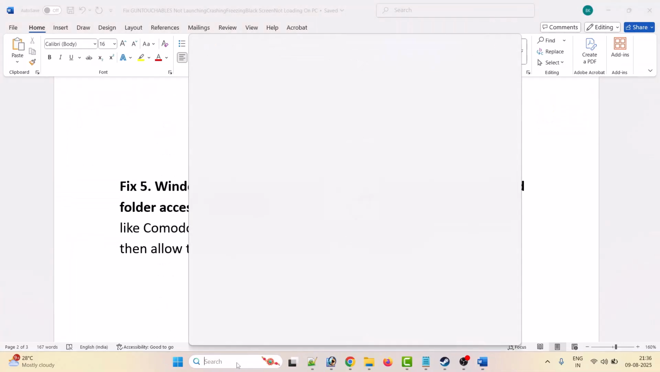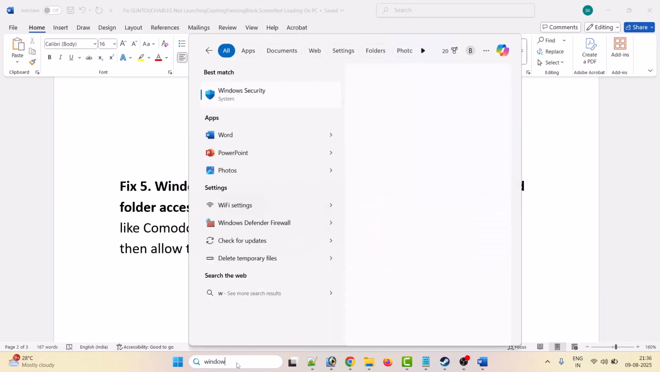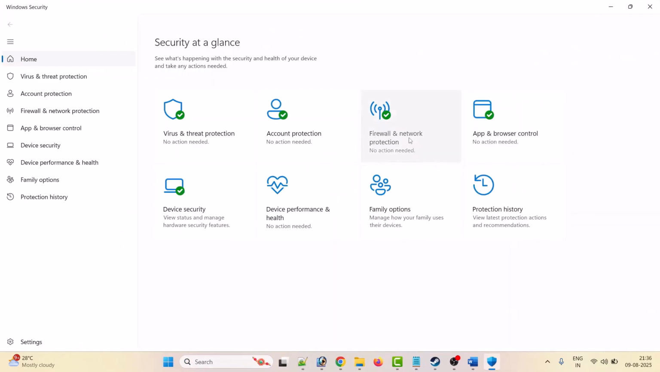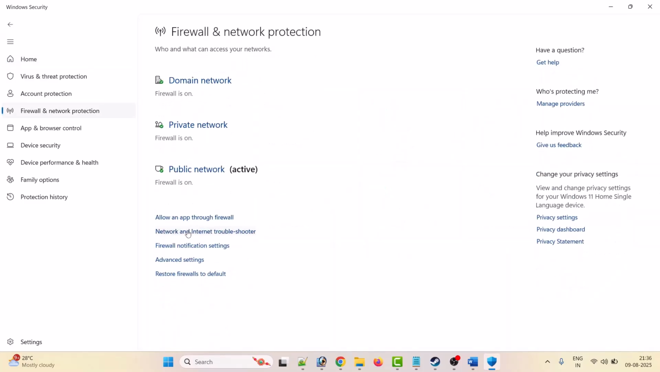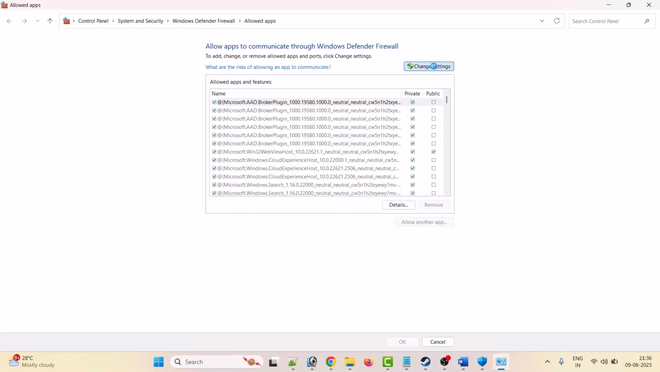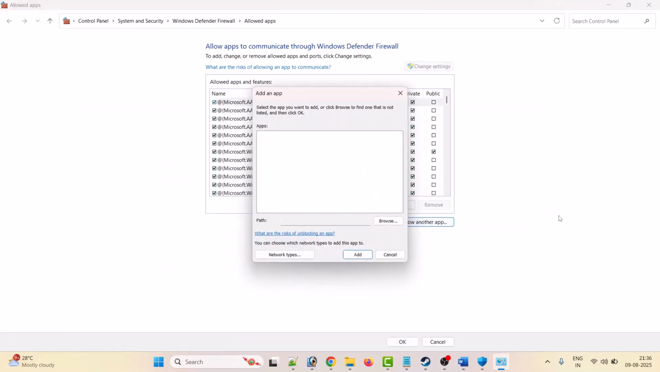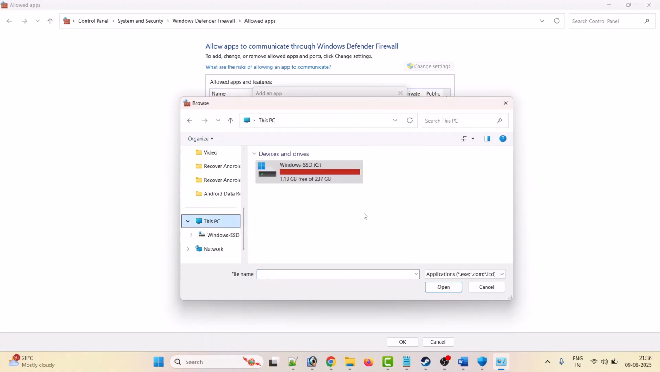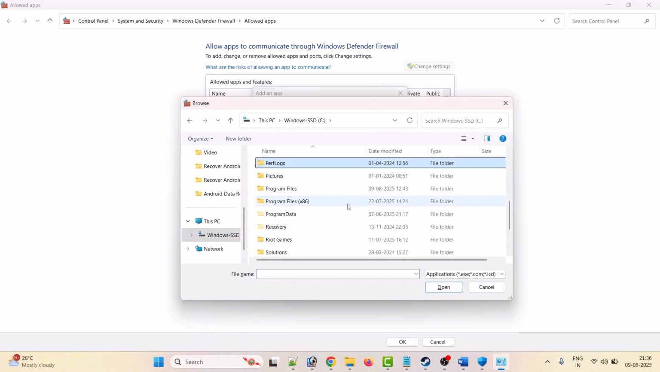Now again in Windows search type Windows security and open it. Now click on firewall and network protection. Click on allow an app through firewall. Click on change settings. Click on allow another app. Click on browse. Now to go to the game installation folder, go to this PC, Program Files x86 folder,